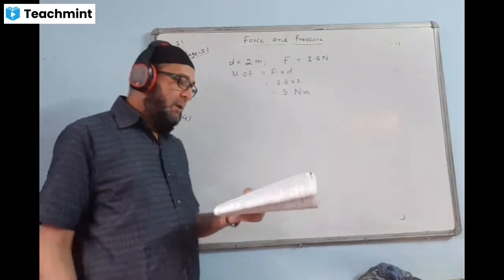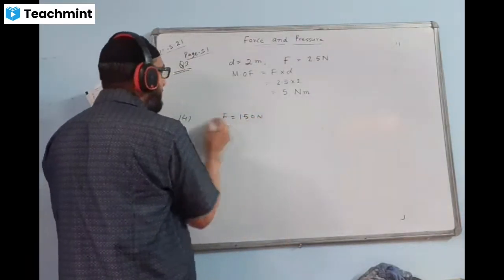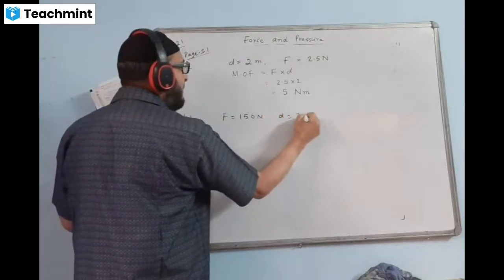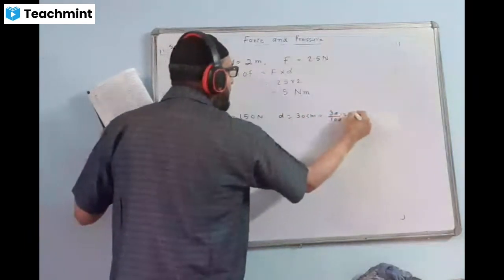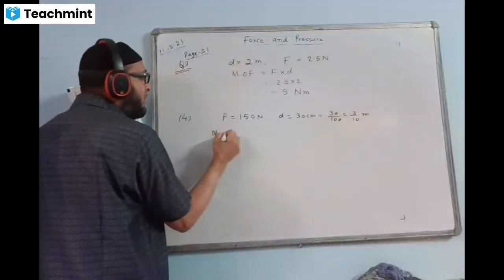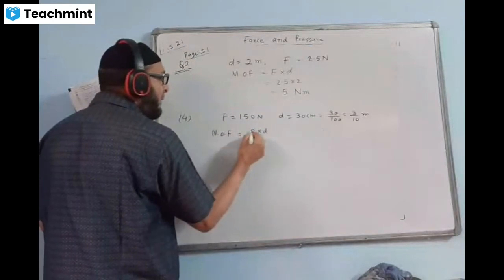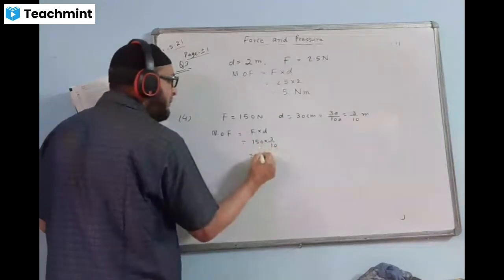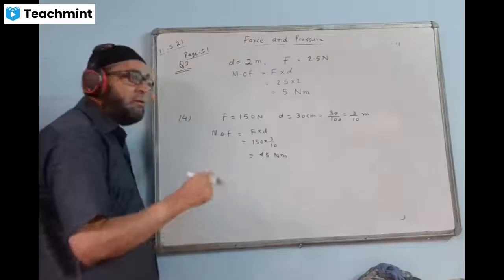Okay, we'll check it. So first case, force is given 150 Newton, you can write here, and distance is given 30 centimeters. 30 centimeters we will change in meters. That means 30 by 100, you can keep the answer 3 by 10 meters. Let us find how much is the moment of force required to turn the nut using this wrench. Formula is F into D. Force is 150, D value we put 3 by 10. The 0 will go. The answer is coming 45 Newton meters. This is the moment of force required to turn the nut.